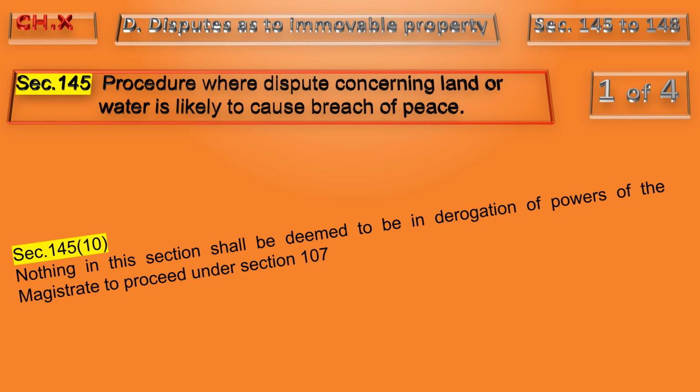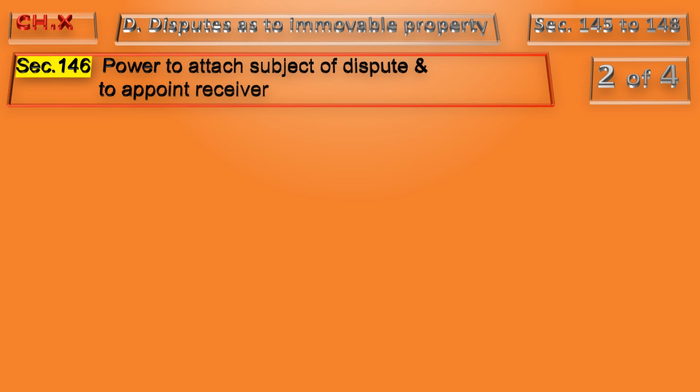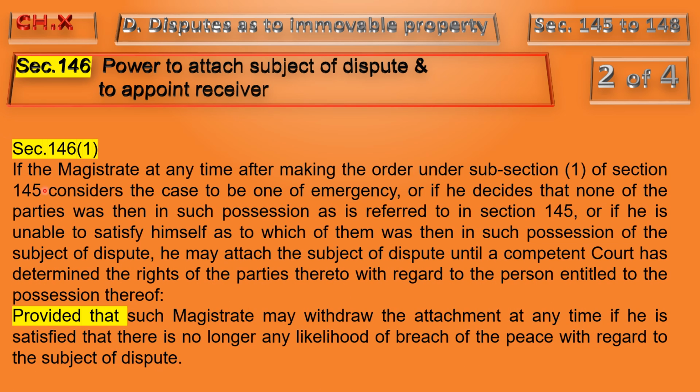Second point of the topic is power to attach subject of dispute and to appoint receiver. So there are two things: to attach subject of dispute and to appoint receiver. Subsection 1 of section 146 says, if the magistrate at any time after making the order under subsection 1 of